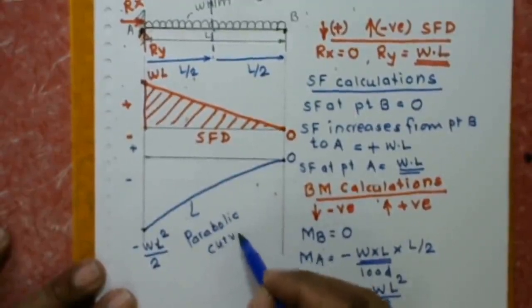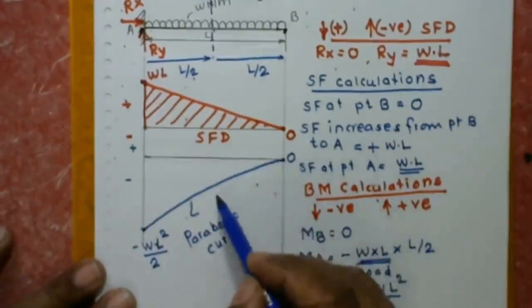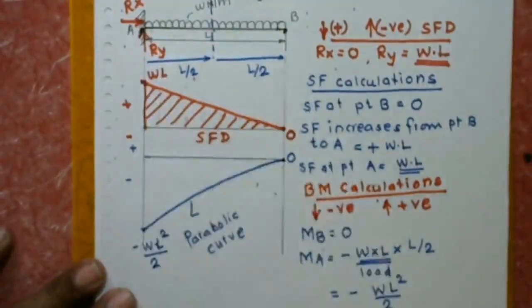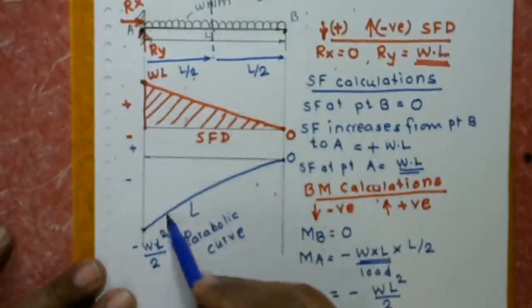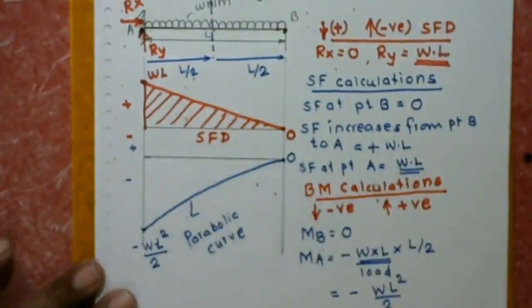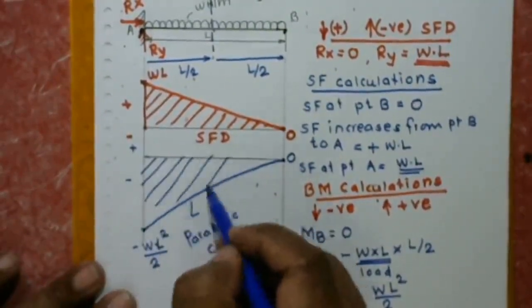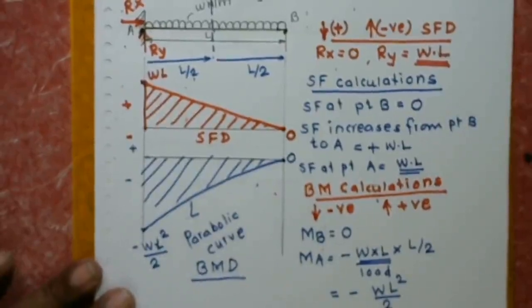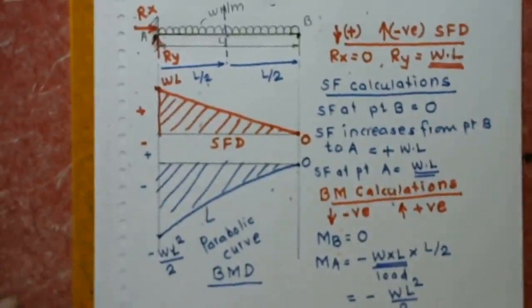Again here concentrate on these points. When there is a point load, in previous equations, we joined with the help of an inclined straight line. But now here it is a UDL, uniformly distributed load. When a uniformly distributed load is acting between these 2 points, we have to join them by a parabolic curve. So this becomes the bending moment diagram, and it is abbreviated, or you may write in short form, BMD. Okay. Now I hope you understood this numerical.